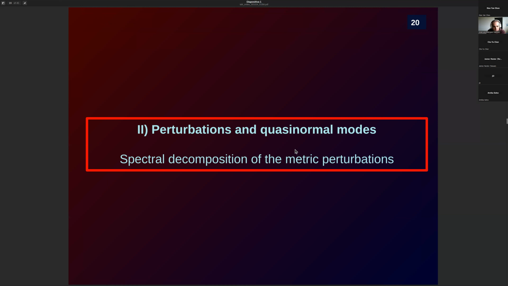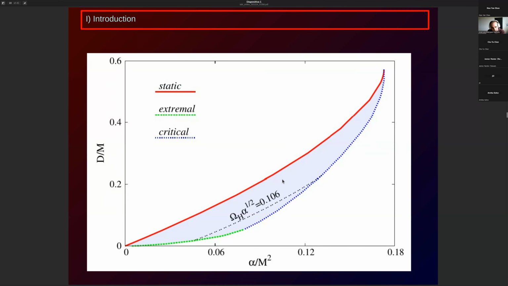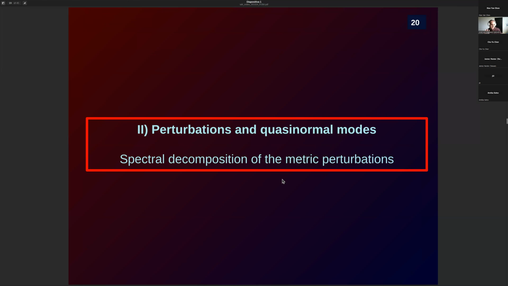Now the idea is to take one of these solutions and perturb it and try to extract from it the spectrum of quasi-normal modes that is going to determine the ringdown of these solutions. How to do this? This is where, as I told you, in principle you have the complexity that you cannot decouple the equations. Your solution is actually axisymmetric, not spherically symmetric. In principle, the perturbations of the metric are going to result in a system of complicated PDEs. Linear, because you are going to linearize in the perturbations, but they are still PDEs. And in principle, it's not clear if they can be decoupled. So that's not an option.